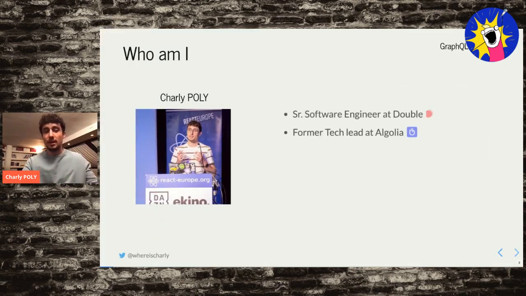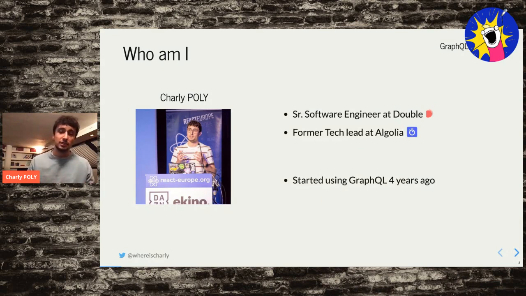So as I said, I'm Charlie, senior software engineer at TODO. And I started to use GraphQL 4 years ago, so 1 year after the public release. And I immediately started to do side projects, like, for example, the GraphQL API of Spotify, REST API, as a side project using Express, etc. And also, I immediately started to use GraphQL in professional application, in production applications with React.